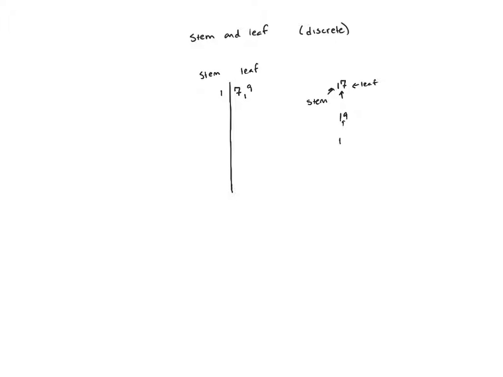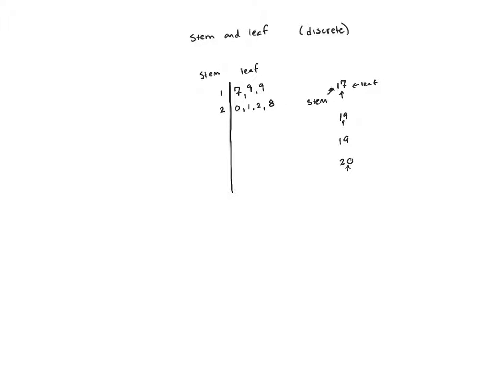If we had another 19, it would go on there the same. So we would have 2 9s to represent the fact that we had 2 19s. If we had the number 20, it would go down here. It's got a new stem and a leaf of 0. We tend to put these in ascending order, that is, smaller number, smaller leaf on the inside, out to larger leaves on the outside. So, for instance, I could add in the number 21 by putting a 1 here,